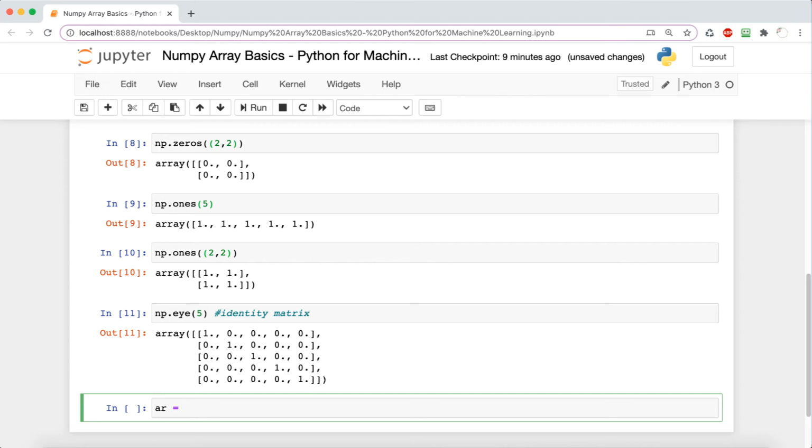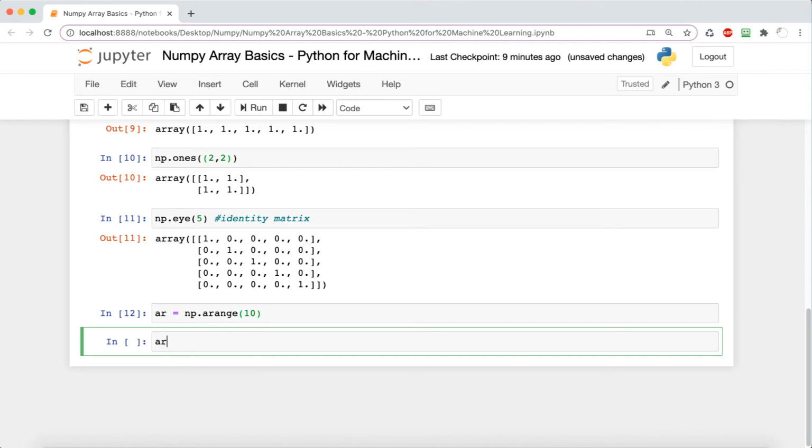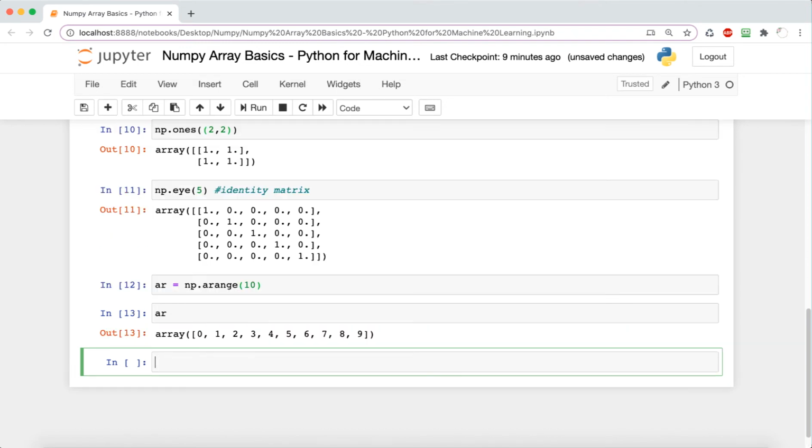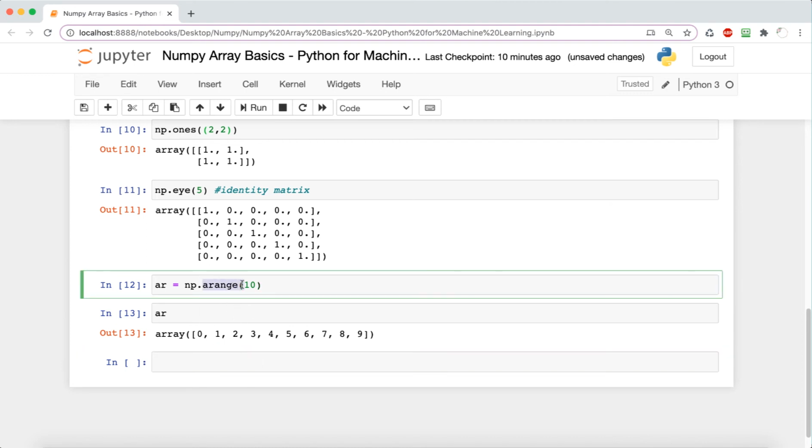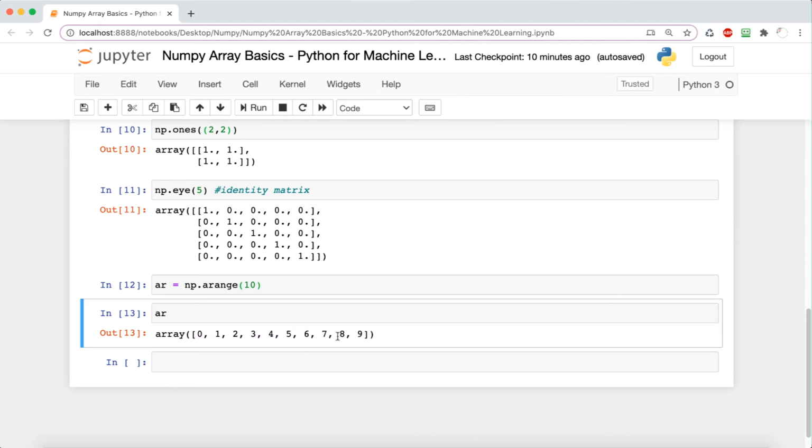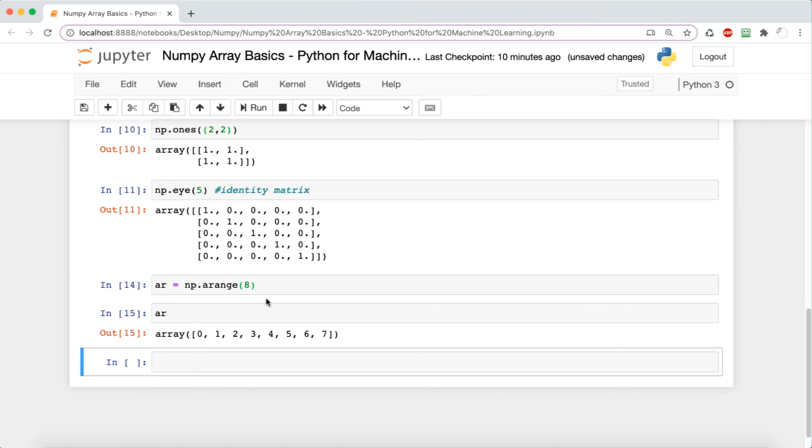So the next function that we're going to look at is np.arange, which is a really handy function because you basically enter a number and it creates an array of that length for you. It starts from 0 and goes all the way up to 1 before the number that you type in. And notice how that has 10 elements, which is what you've specified in the parameter. So you can go ahead and check that out by typing in arr equals np.arange and then 10 in the parentheses, and seeing what it outputs. And we can also try changing this to 8 and seeing what it outputs, and this will just be an array from 0 to 7, which has 8 elements.